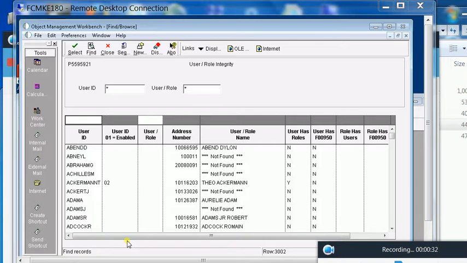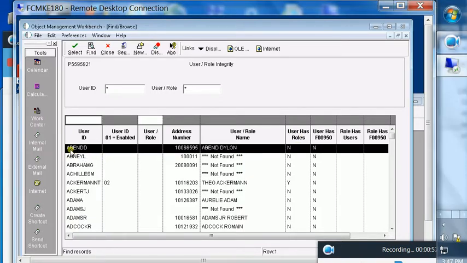And keep in mind, when you're looking at this demo, if you see an address book number and the username's not found, it is environmental. And I'm doing this demo on the dev environment, so those address book numbers may exist in the prod environment. But what it gathers, it checks to see, does this user have roles? And in this example, this user does not have any roles, and the user does not have any F00950 security